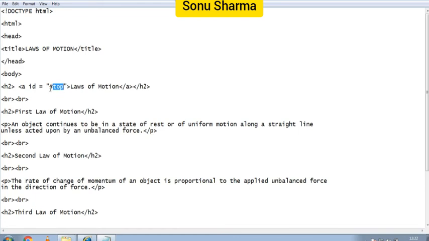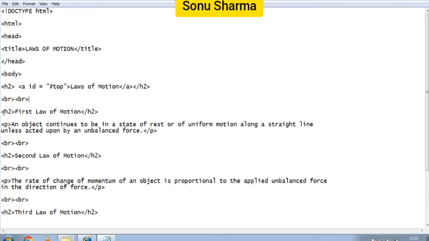Okay. So this hash sign is given. The hash sign lets the browser know that the destination is a named anchor within the current page. That means it lets the web browser know that this top is written inside the anchor tag, that means you have to go to top. Understood? So for the ID attribute, I think you have understood, the ID means where you have to go. In the top you have to go. So you have to give this hash sign. Then next, BR is given 2 times because I want 2 line breaks.